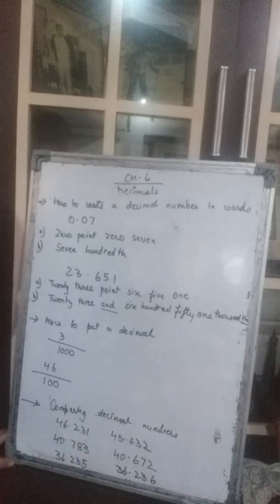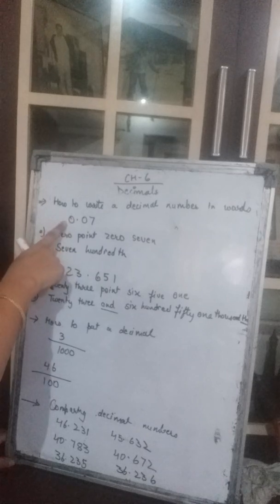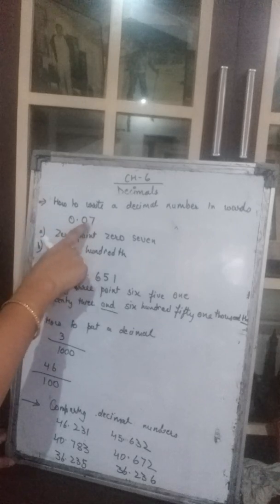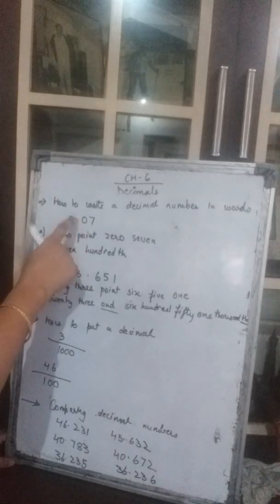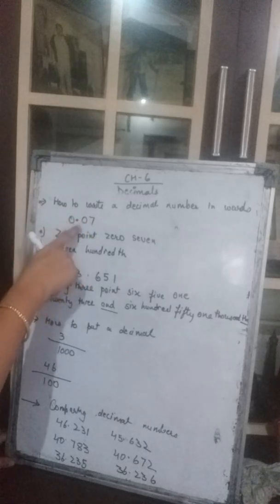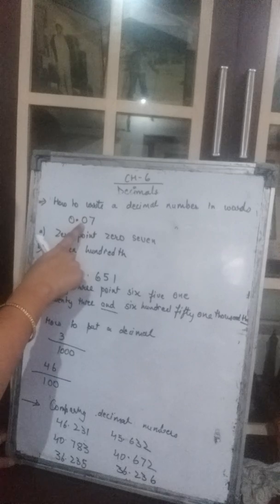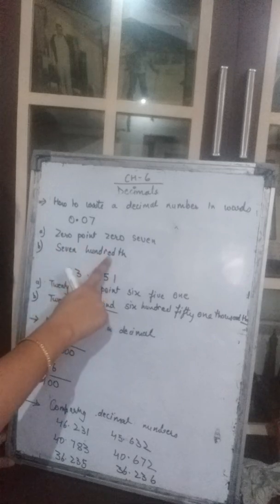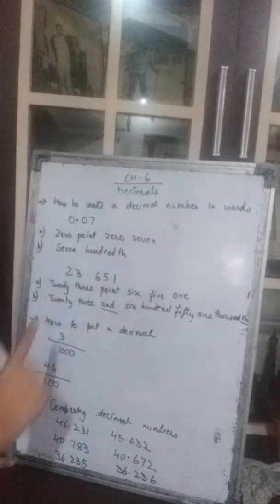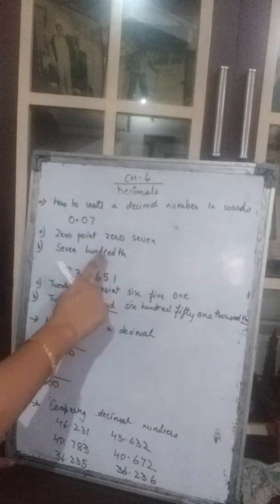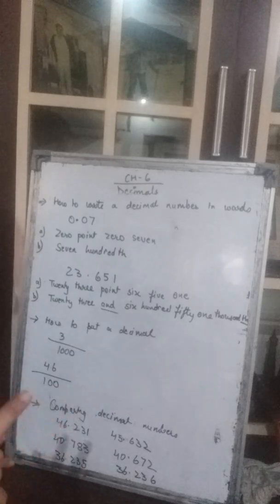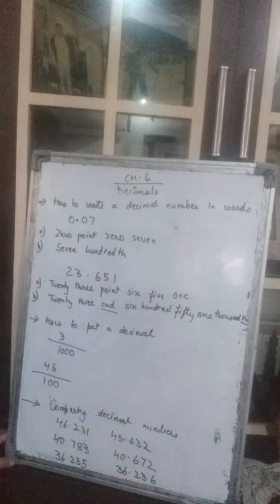Okay, what is the second way? The second way is according to the place value. What you will do is, this 0, you don't have to write because 0 means nothing. Now where is this 7? 7 is at which place value? We know that after the decimal on the right hand side, the place value starts with tenths. This is tenths and this comes on hundredths. So you will write there 7 hundredths. Okay, this is another way of writing the decimal number into words. Whenever a question comes to write a decimal number into words, you will write both the ways. Okay. Another example we will take, it will be more clear to you.